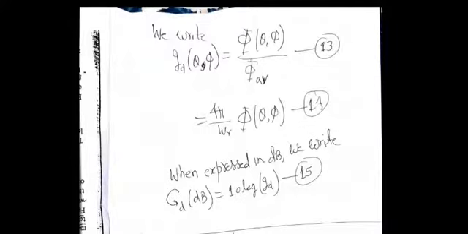It is conventional to express the directive gain in dB. In that case, we simply take 10 log and use capital letter G with a suffix small d. Actually, nowadays many books mix symbols anyway, but in Jordan and Balmain's book, they are very clear that when gain values are in dB, they use capital letters. When they are not in dB, they use small letters. Okay.